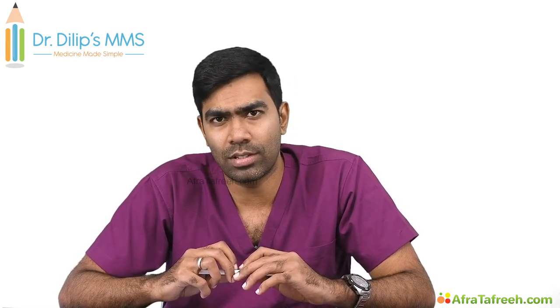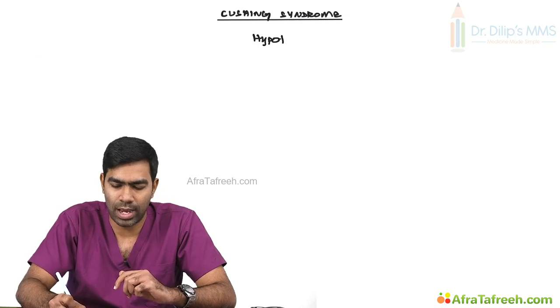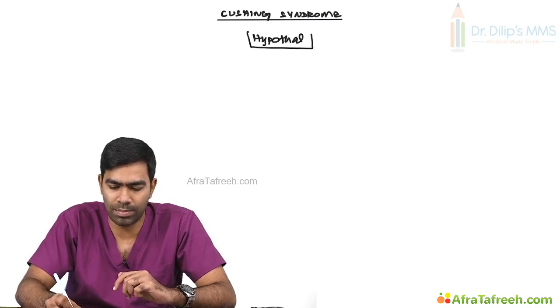So please pay proper attention to this video. In this section, we have discussed in detail the etiology, pathogenesis, clinical features, workup, as well as the management of Cushing syndrome. So without wasting much time, let us move to the basics of Cushing syndrome and start with the basics. The axis starts with the hypothalamus, which is the master controller of the master gland,